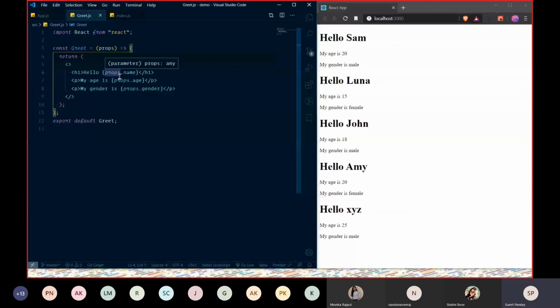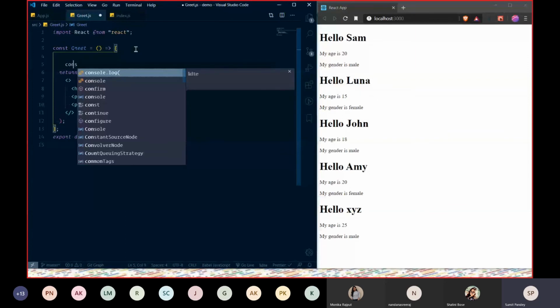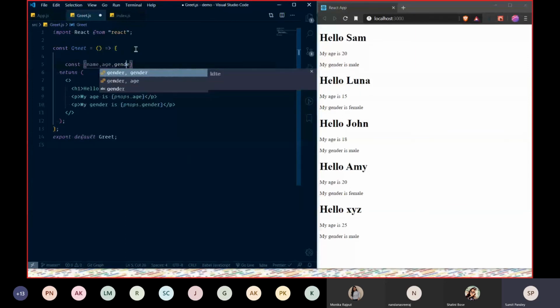It works the same. So this is a great thing, which I told you earlier, that destructuring will be very helpful for us. You can also destructure it like const name, age, gender,